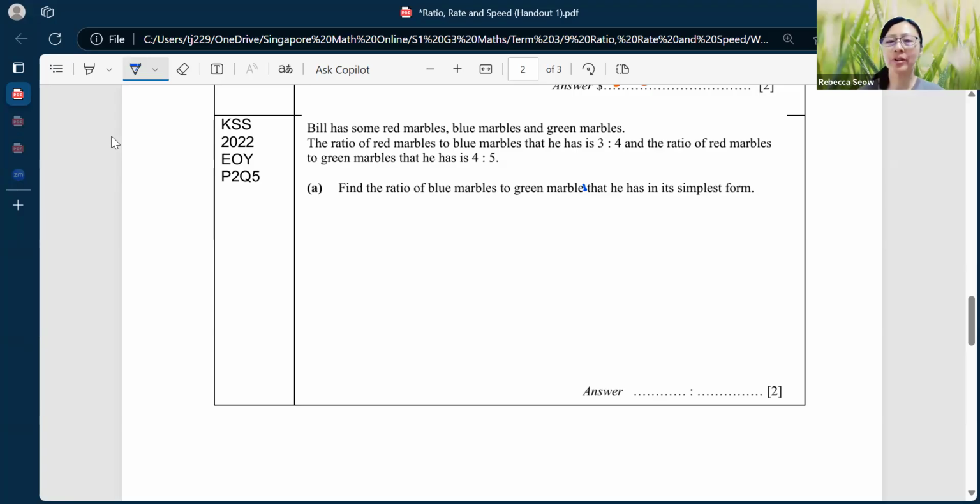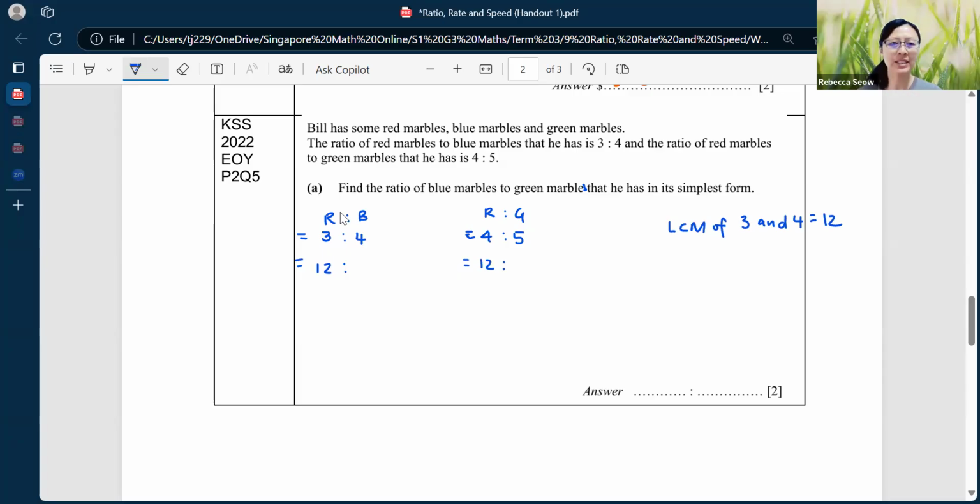Okay, let's put all information down. So we have red to blue being 3 to 4. We have red to green being 4 to 5. Do you notice that this question uses the concept of repeated identity as well? Because red is the quantity that is repeated in both ratios. So between 3 units and 4 units, the LCM of 3 and 4 is 12. How can we make a ratio